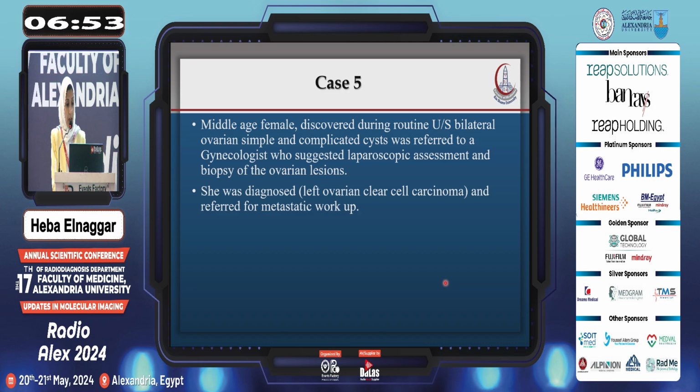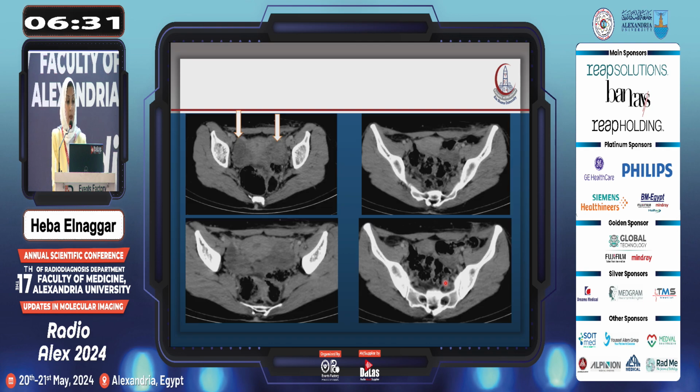In case number 5, a middle-aged female discovered during routine ultrasound bilateral ovarian simple and complicated cysts was referred to a gynecologist who suggested laparoscopic assessment and biopsy of the ovarian lesions. Then she was diagnosed with left ovarian clear cell carcinoma and referred for metastatic workup before surgical intervention. In the conventional CT images, we can see there are bilateral ovarian cysts,